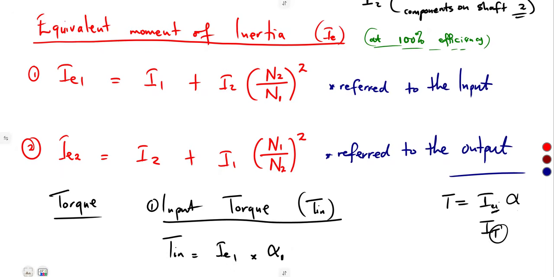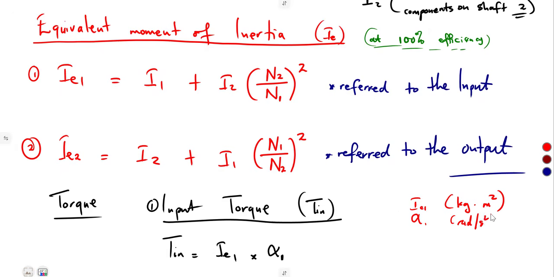So that is going to give us the torque. Just like that. So IE1 is what we have already here referred to the input, in units of kilogram meter squared. The angular acceleration, you'll be given that, in rad per